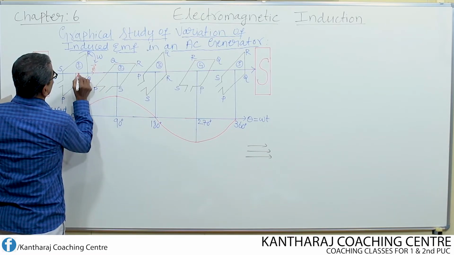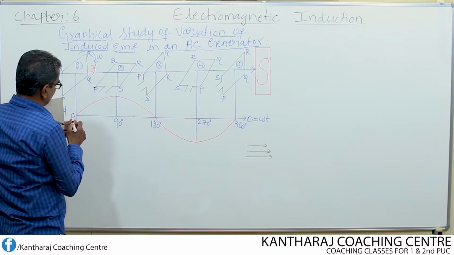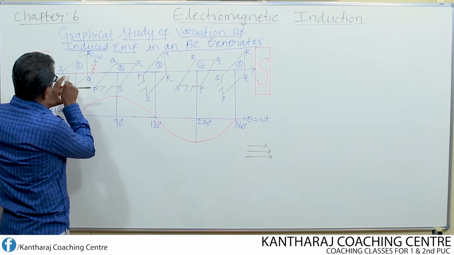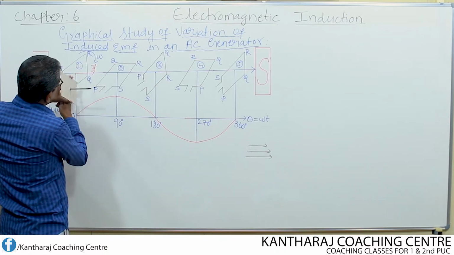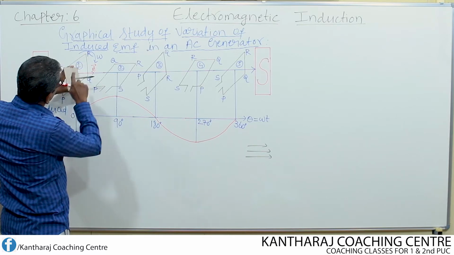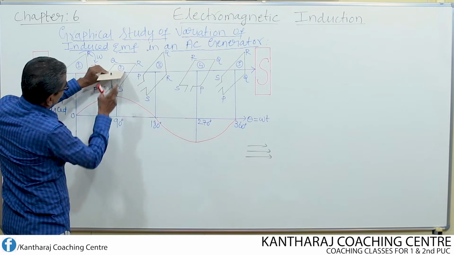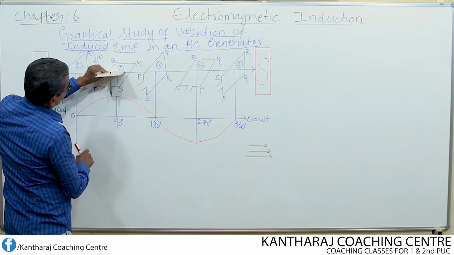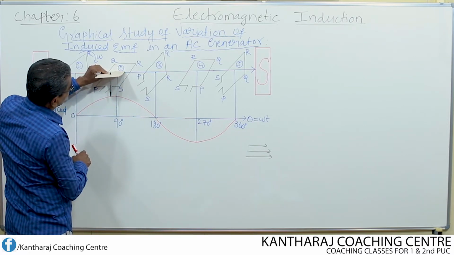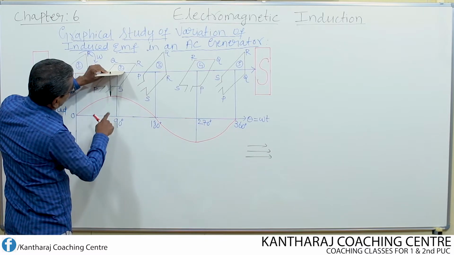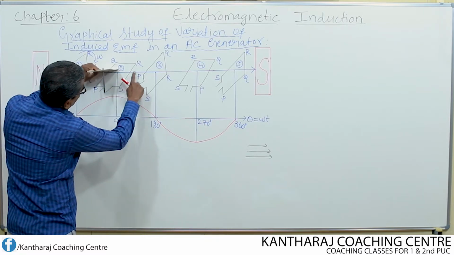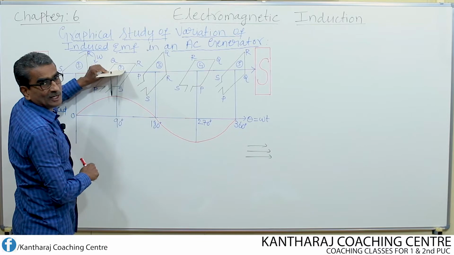Okay, so this is the area vector, it is parallel now. Now I rotate this through how much? Clockwise, like this, 90 degree. See, this is a 90 degree rotation. When the coil is rotated through 90 degree, what is the direction of the area vector? The direction of the area vector to this magnetic field is perpendicular.